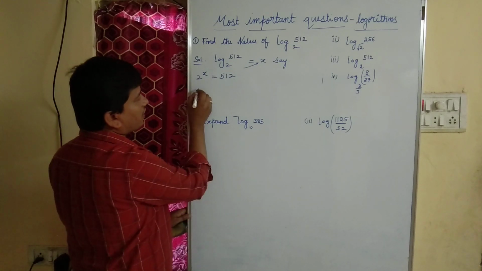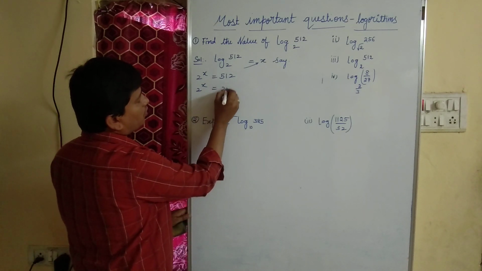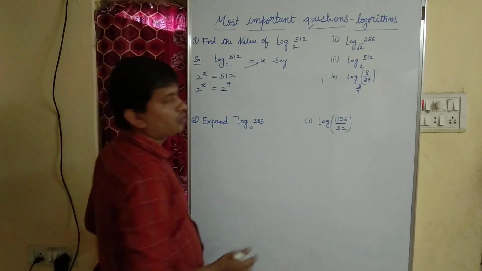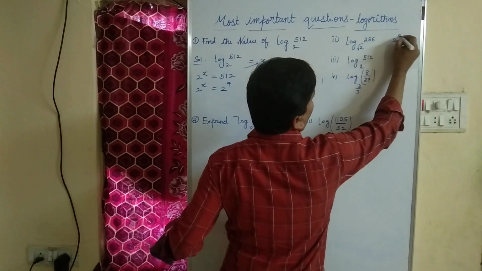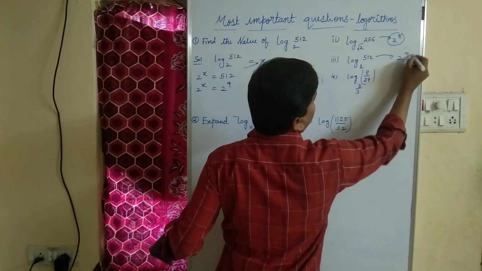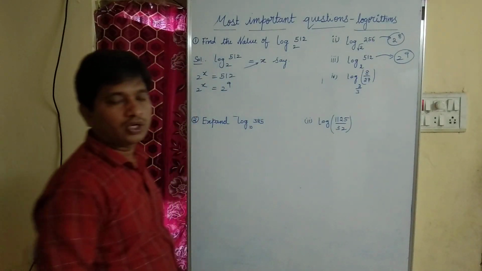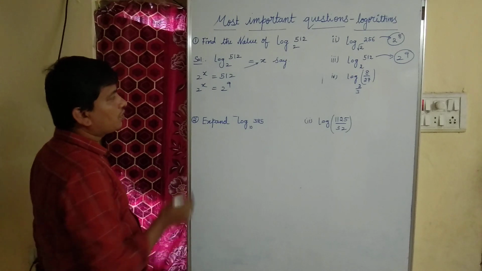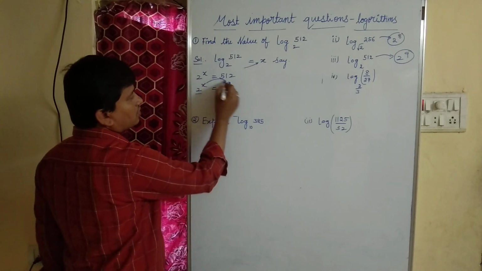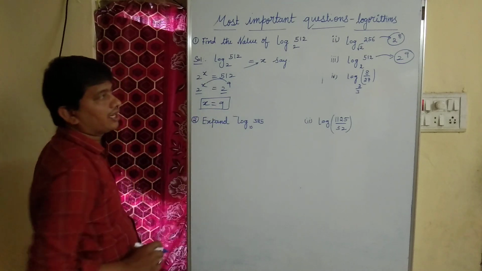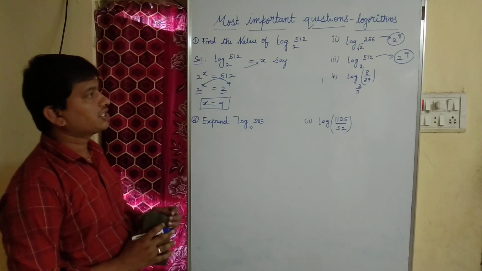You know 512 is nothing but 2 raised to the power 9. As we have done in previous question, 256 in the sense 2 power 8, right? And what about 512? 512 in the sense 2 power 9. If you multiply 2 nine times, you will get 512. Simple, as bases are equal, so power should be equated. What is the value of x? x value is 9. Okay, so this is an easy question only.